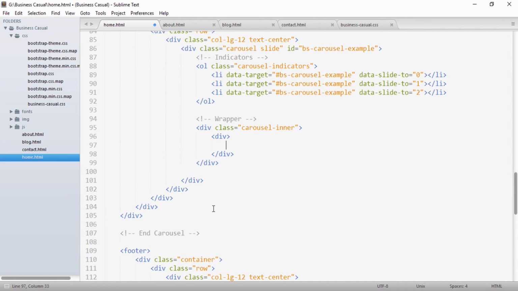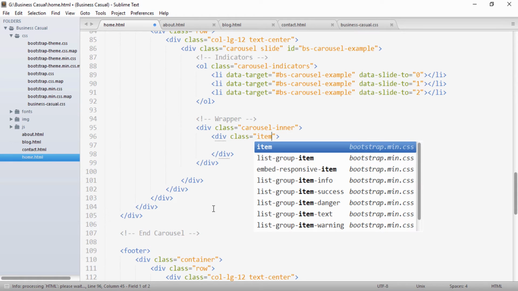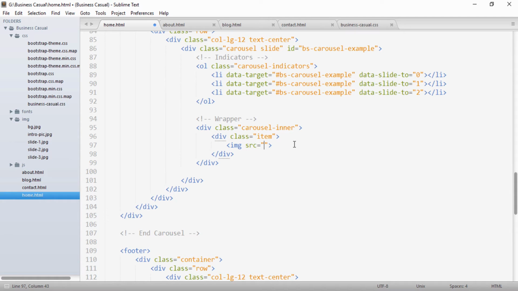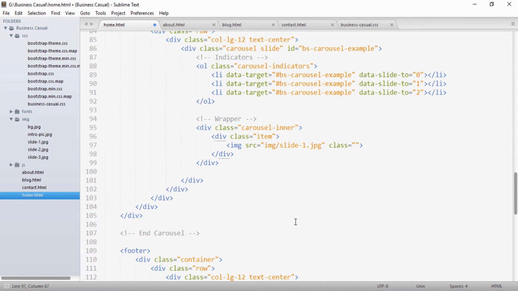So for creating those we'll create a div, and to this div we'll provide a class of item. So this item is a bootstrap class, and inside this item we'll create an image, which takes in a source. So let's say for the first image I use image slide-1.jpg, and let's say I want to make this image responsive.